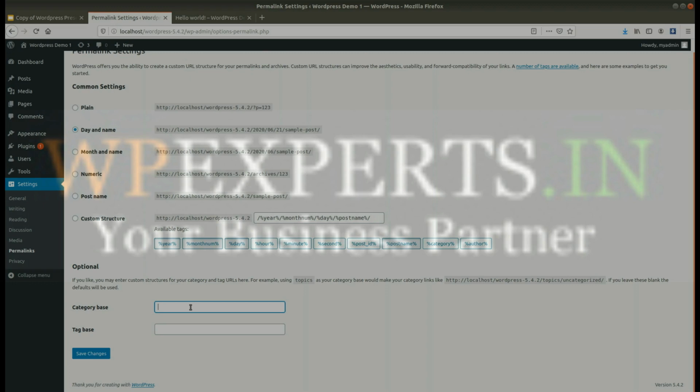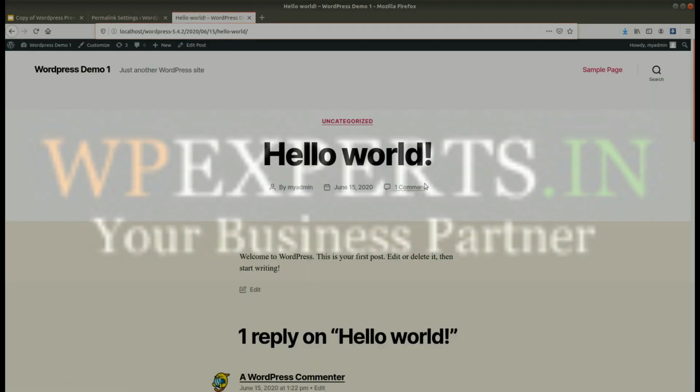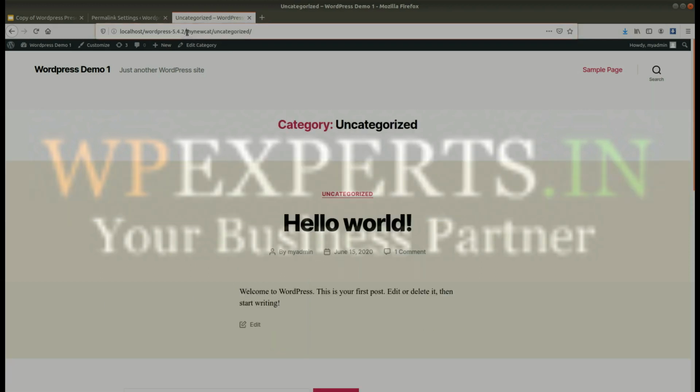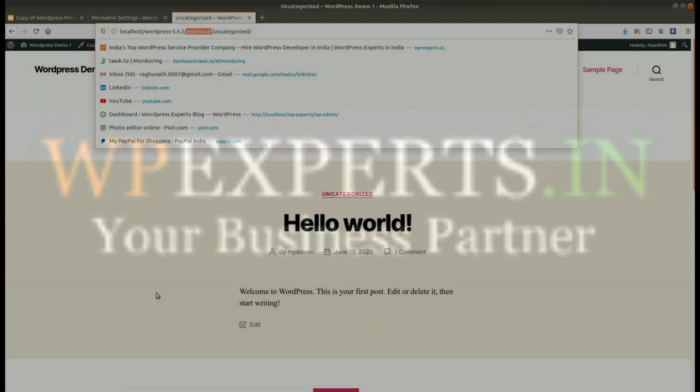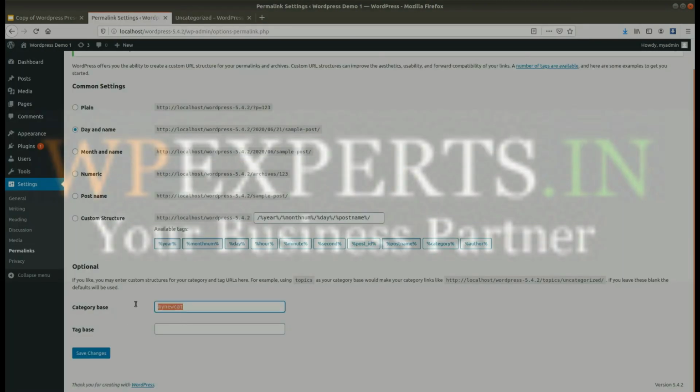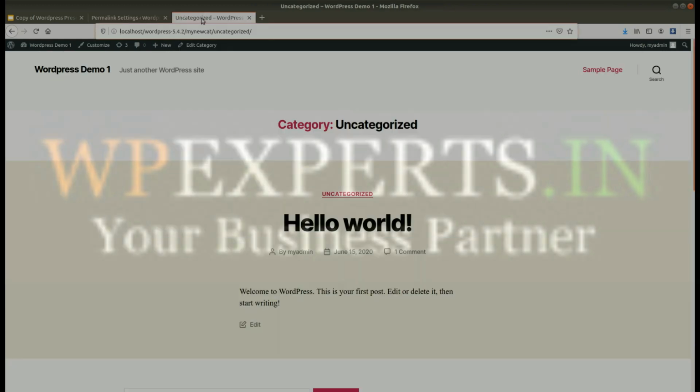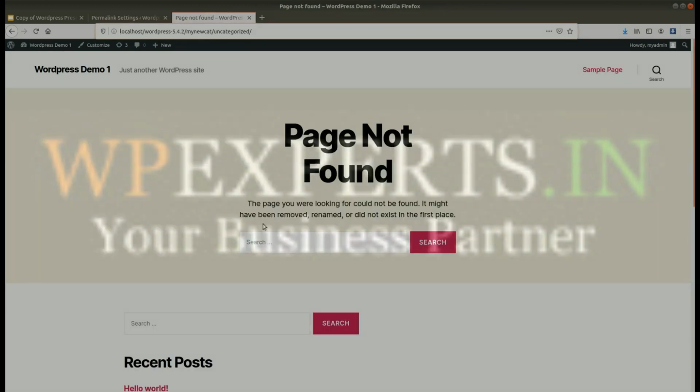Like I have defined the slug here, my new cat. Okay, so you can see I have updated the settings, and here you can see the post content, and this is the category. Here you can see the base URL is coming with my new category. If you do not define any base URL, in that case it will be automatic.